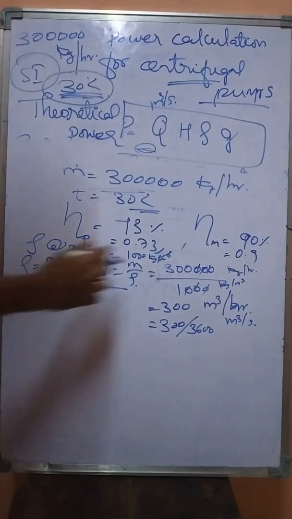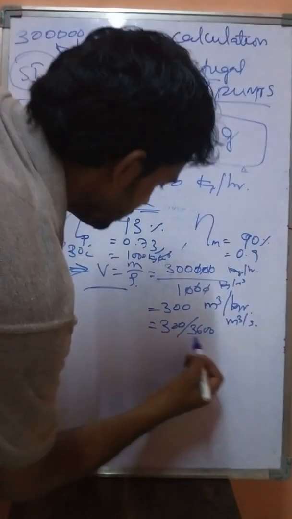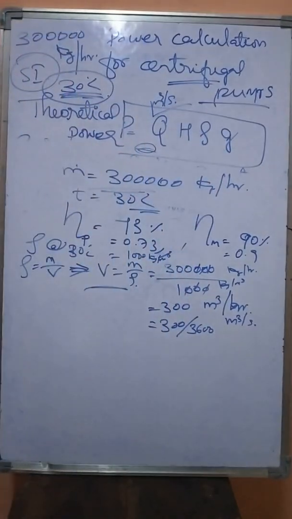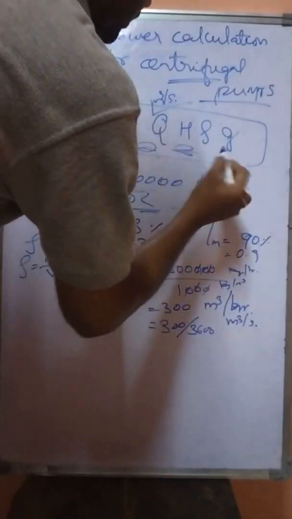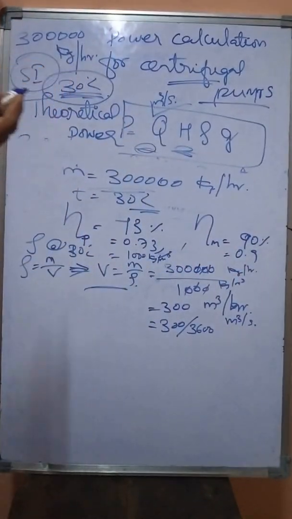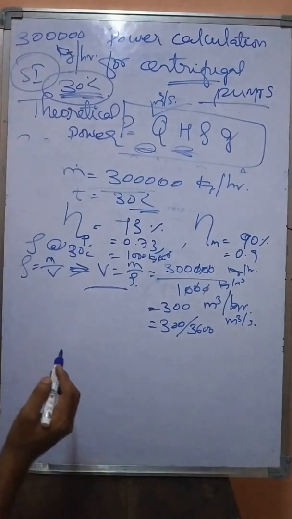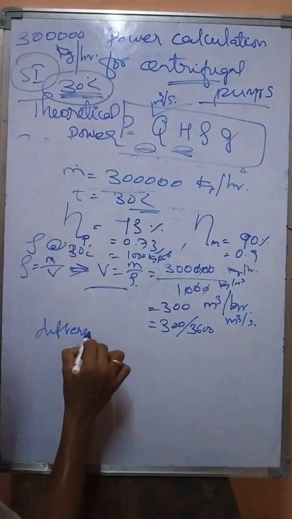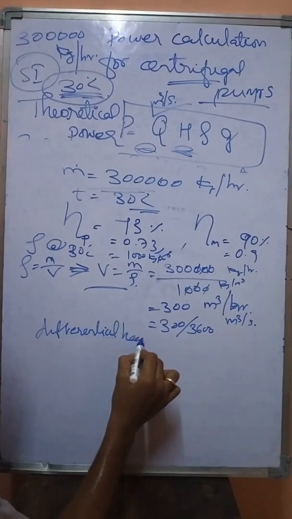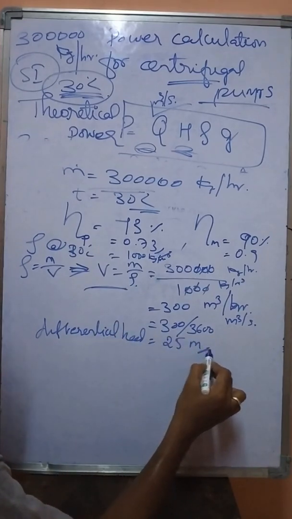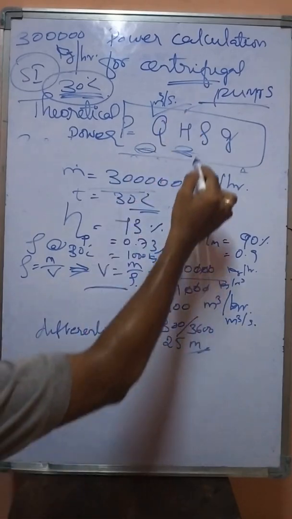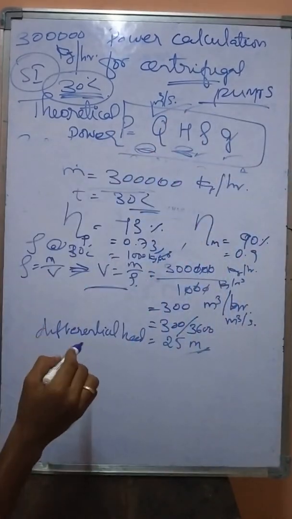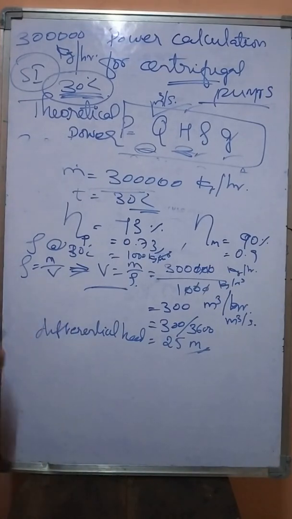So we can calculate the delta, keep that in mind. Now we got Q. Now the head we can approximately take, for example, 25 meters. The water pump has to pump about a differential head of 25 meters. Okay, now H and density we know and gravity we know. So we know all the values. Now introduce these values into the power calculation.